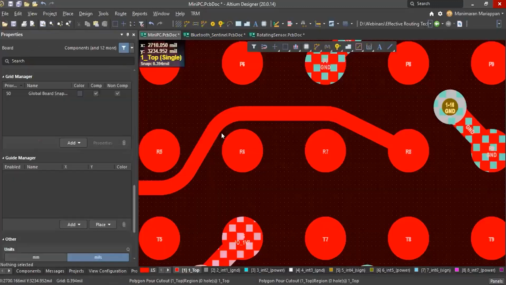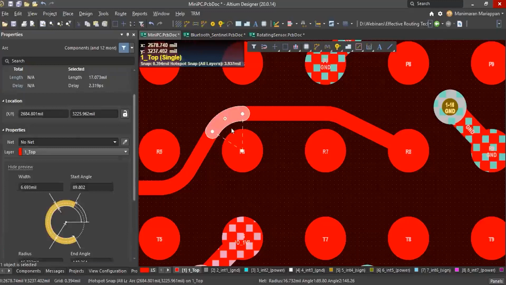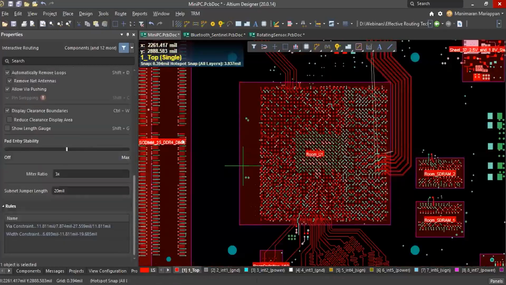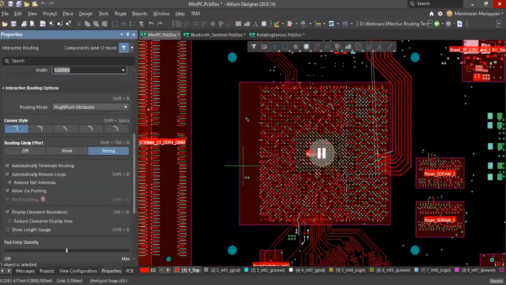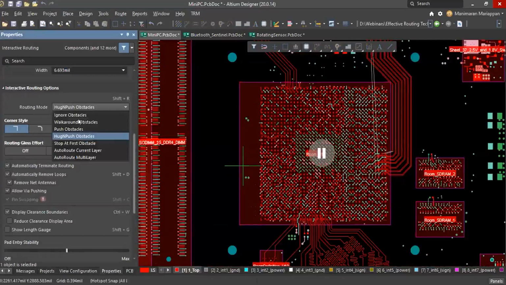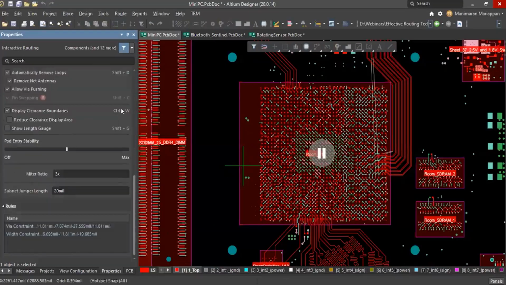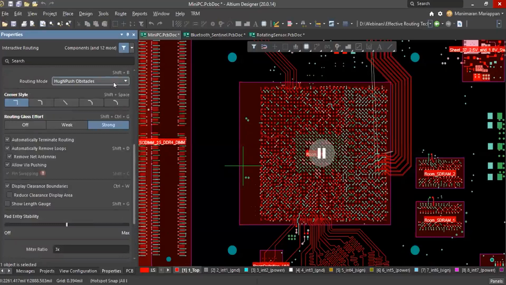So here you can see, if you select the segment, it will just add the nearby segment, meaning clearance. Okay, and this is recommended for high speed routing as well. And if you choose Control W and press tab, see the corner change option, routing loss option, routing mode option. Okay, via loops, and you can see the shortcuts over here to change it.